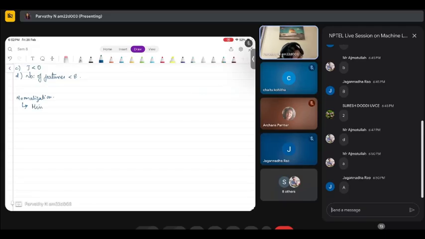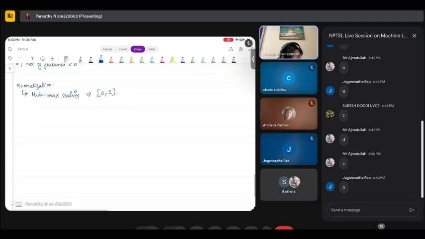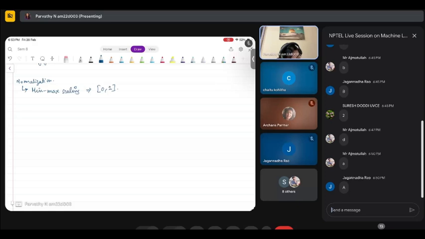One is min max scaling, which will map any input to the range 0 to 1. The maximum will be 1 and the minimum will be 0. Then there is Z score normalization, where you subtract the mean and then divide by the standard deviation. So these are some ways to do normalization. And then another thing that is discussed in the lecture is